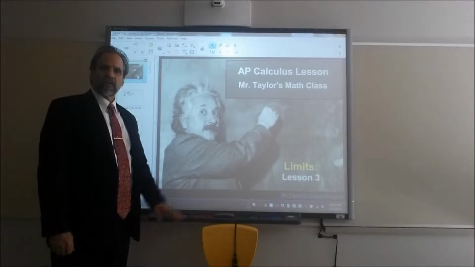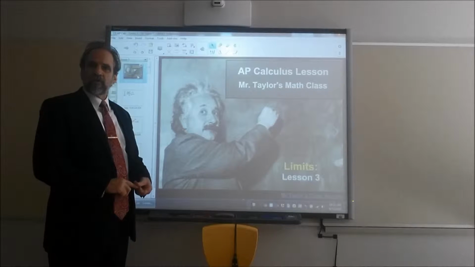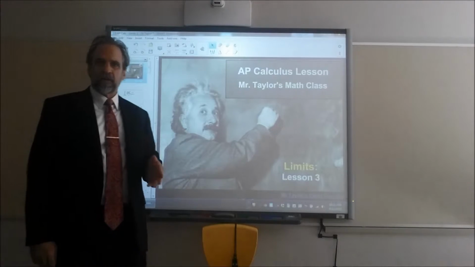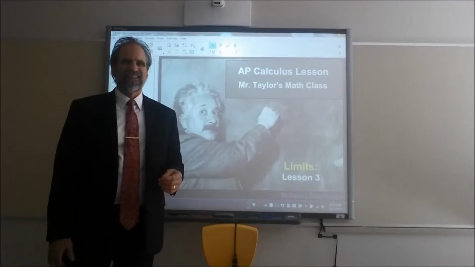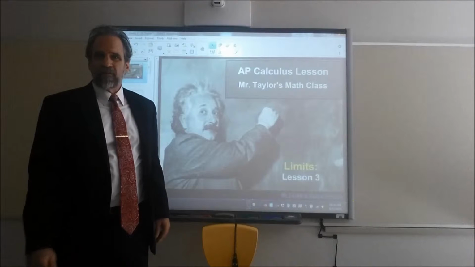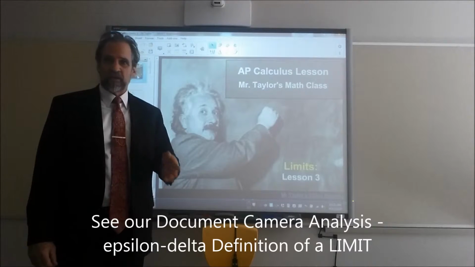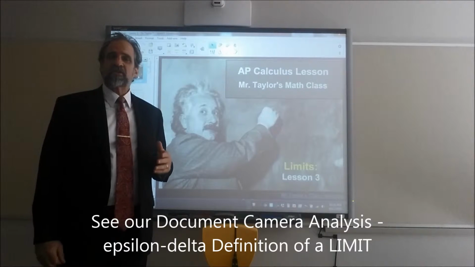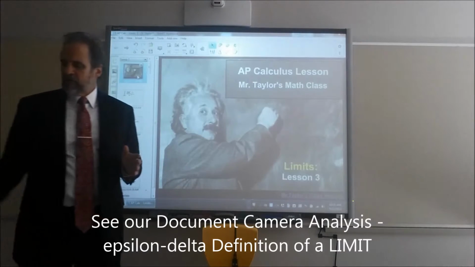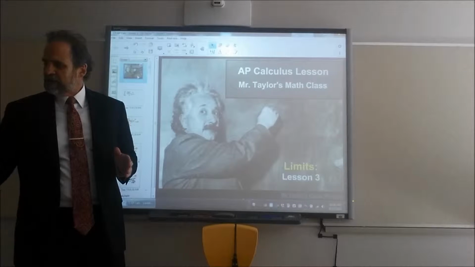Okay, lesson 3. I'm going to quickly go over the epsilon delta definition of a limit in such a way that it explains what it's about. I'm not really going to belabor the mathematical proving of it or using it as a proof, but let's just consider what it means. So the epsilon delta definition of a limit basically says